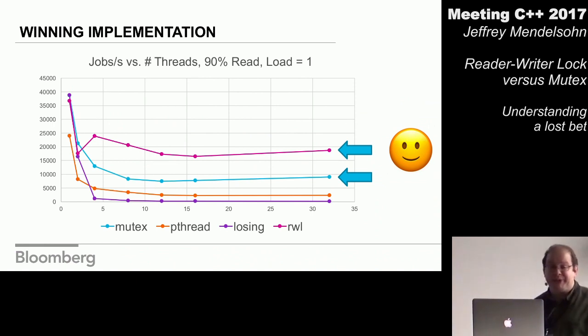And let's recap the 90% read workload. Basically, we performed exactly as desired. We beat the mutex, I believe, on every side except for one where we tied. So we're doing very well on the read workload, whereas before we weren't. On 90% reads, we were losing to mutex. Let's go ahead and look at the extreme.